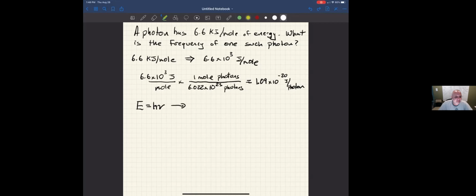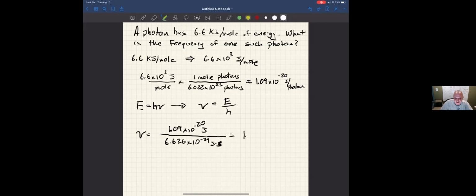And the formula is E equals h nu. Now I need to algebraically rearrange that to solve for the frequency, and I get nu equals E over h. So I just calculated E and put it in terms of joules per photon. So I'm going to put that right there in the numerator, 1.09 times 10 to the negative 20 joules, divided by Planck's constant, 6.626 times 10 to the negative 34 joules times